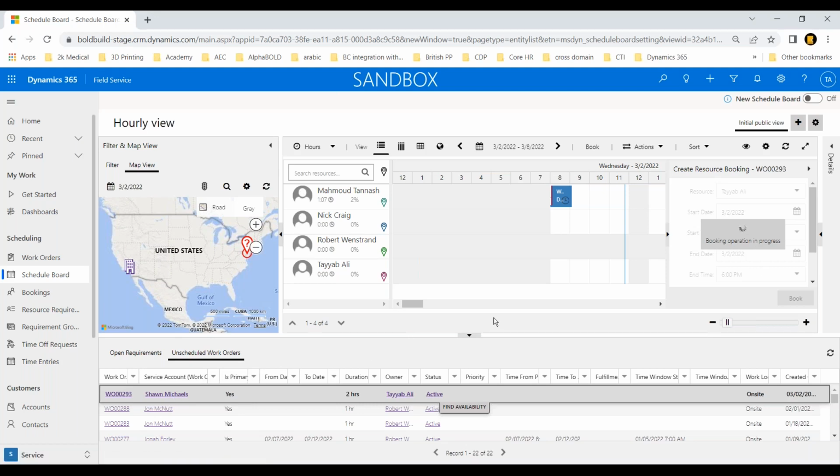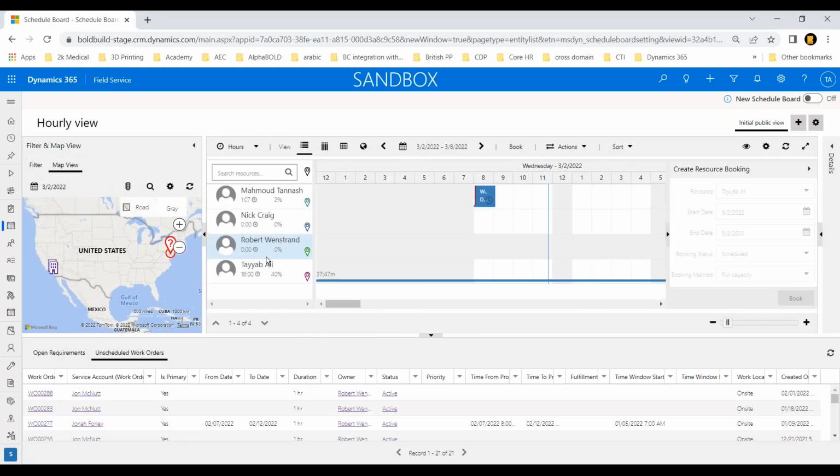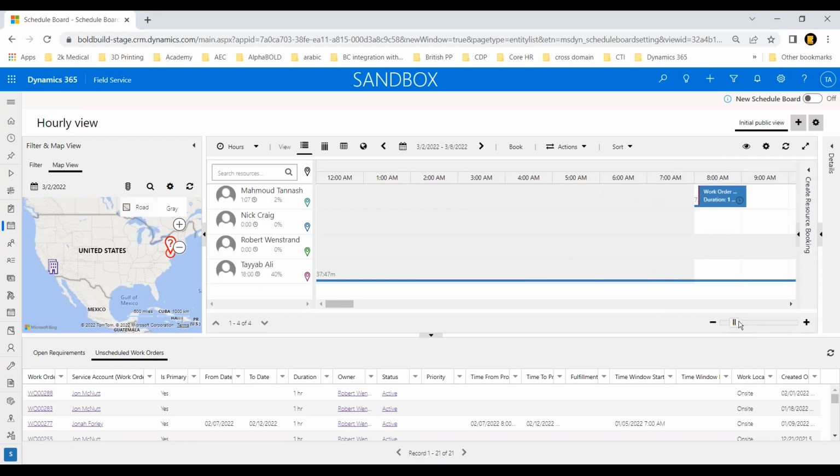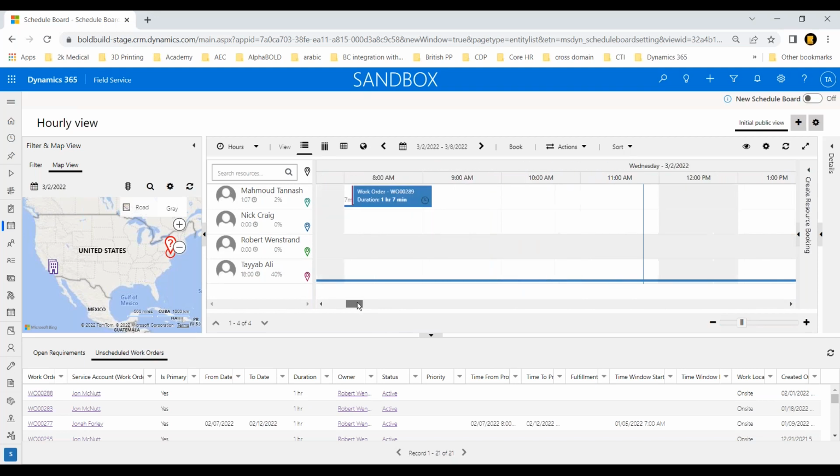And I have complete capability in this system. It's very, very extensive. I can have the schedules for these guys. I can have their drive time, their start location, their end location. All of those details I can have in the system. I'm going to just zoom in a little bit in here to show you. So for example, this is the new work order that has been scheduled. So I have here an example, but I just scheduled one in here, so I'm going to refresh this.